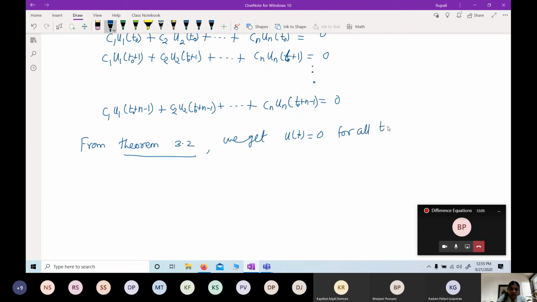If it satisfies the conditions for one t0, and that t0 is nothing but a+1, a+2 and so on, then from theorem 3.2 we can say that u(t) must be 0 for all t. Is that okay? So this implies